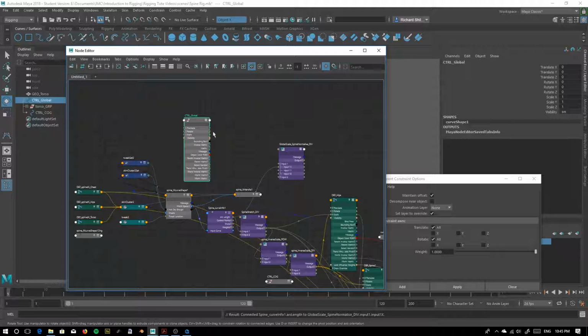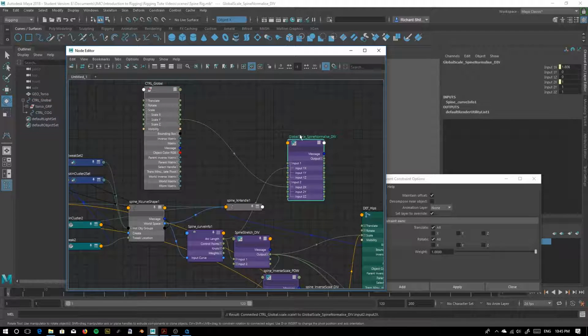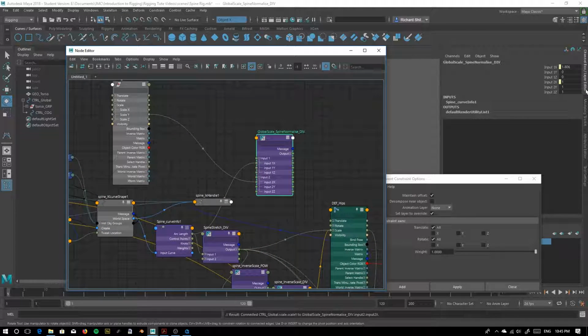Expand it. Control global. We're going to put our scale Y into our input 2x. Like so. We're going to set the operation of this spline normalized div node to divide,